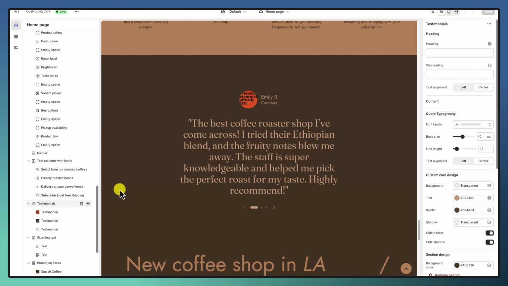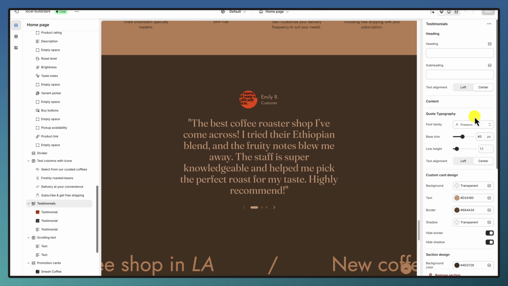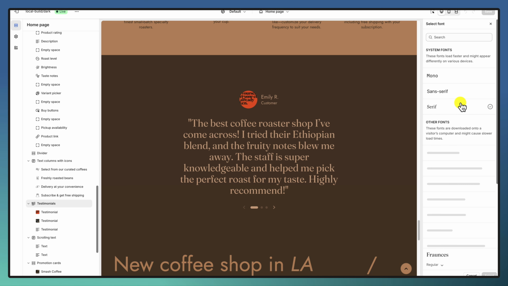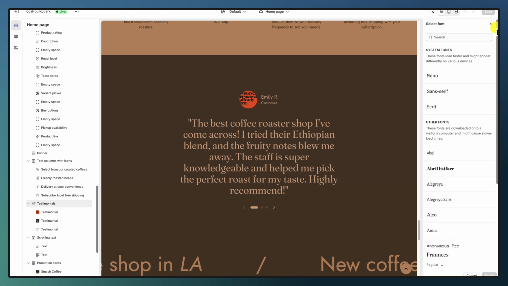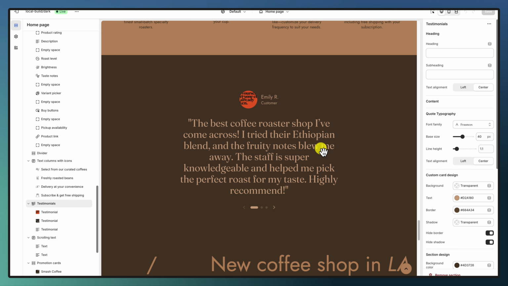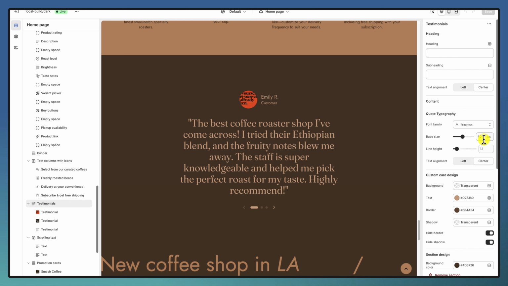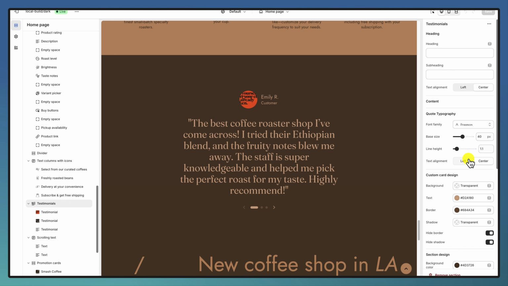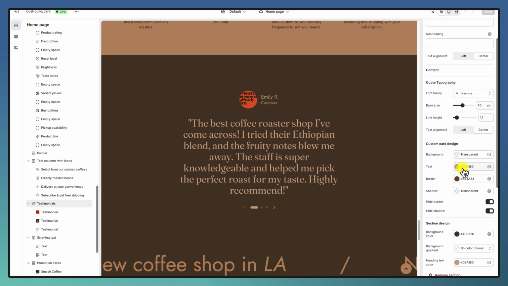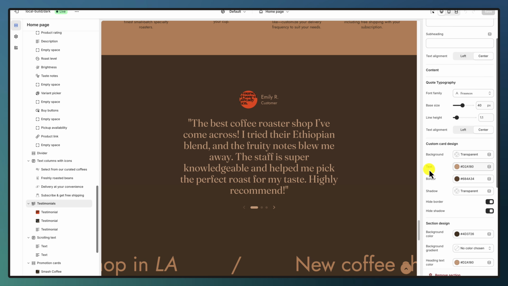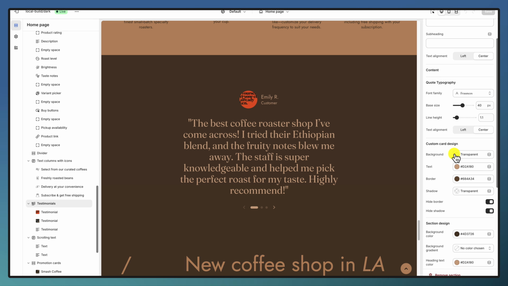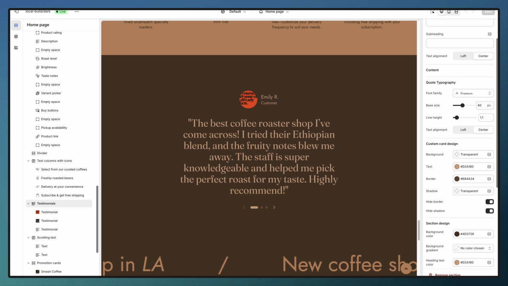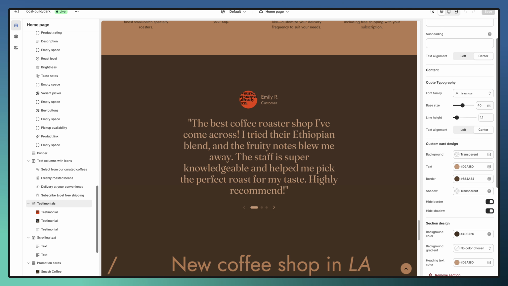This is more simpler. Then we have testimonials. Here we are using a new font family, which is Frances, for the testimonials, with 40 pixels base size and 1.1 line height, everything is center aligned. We are changing the text color of the section of the card. We are changing the section design, and